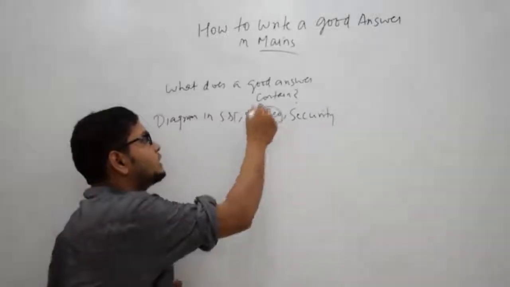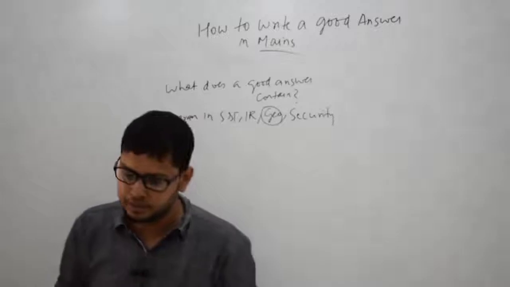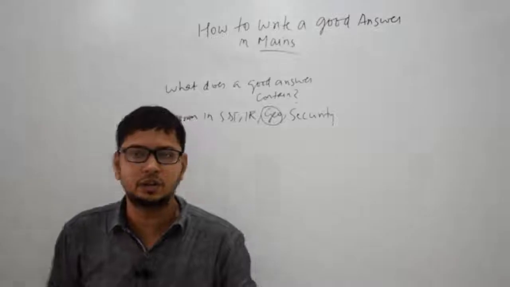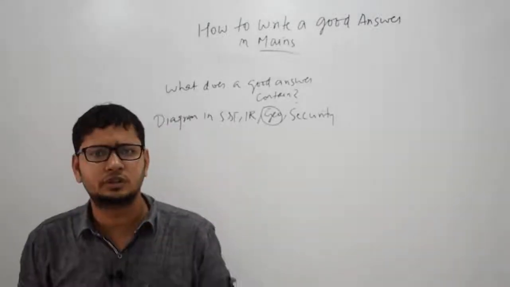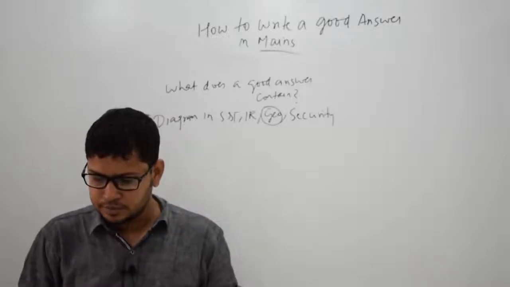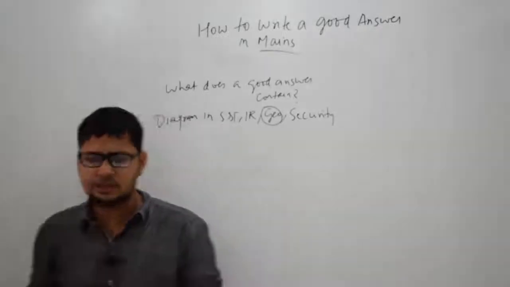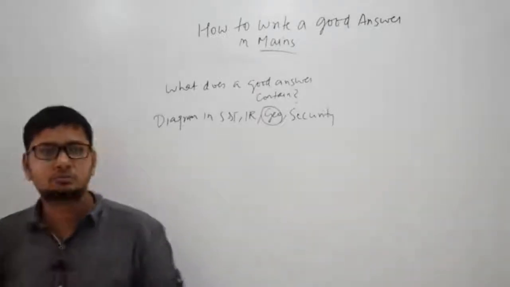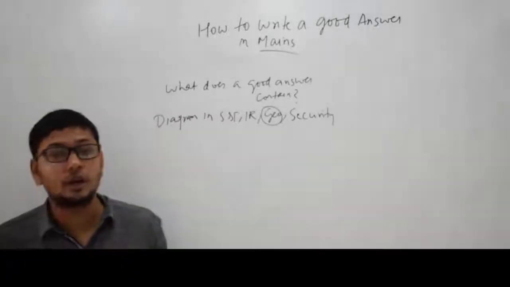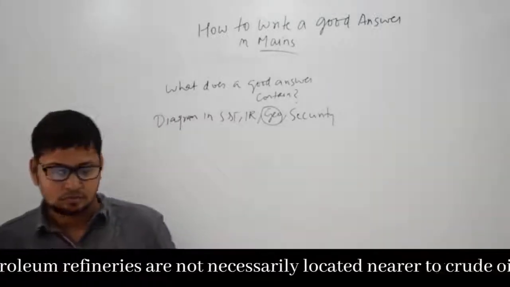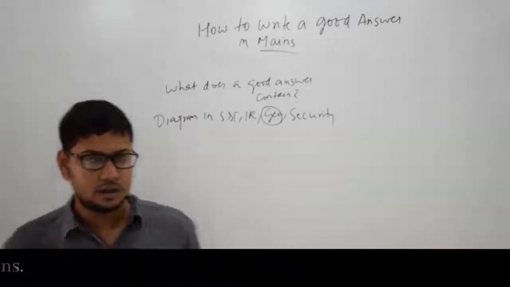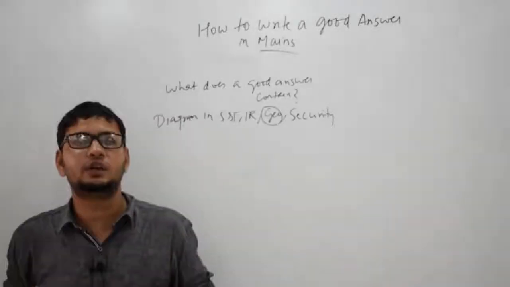In geography, without a diagram your answer will look incomplete. A lot of people say that in physical geography they are not asking anymore, they are asking only 1-2 questions. So how can we draw maps in that? There was one question asked last year which said that petroleum refineries are not necessarily located nearer to the crude oil producing areas, particularly in many of the developing countries. Explain its implications. In this answer, there is no explicit instruction that you have to draw the map, but